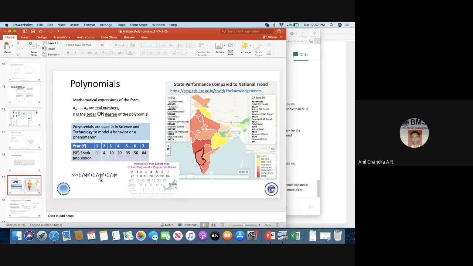That is how. So I'm not going to delve into that. It's not the purpose of the talk. The purpose here is, I have data. How do I fit an expression or a polynomial to that? How do I get such an expression? By putting in the 8th year or 10th year, I can predict the shark population. That is SP here, shark population. X is the year. Okay.